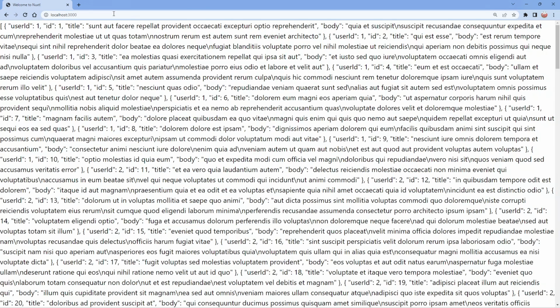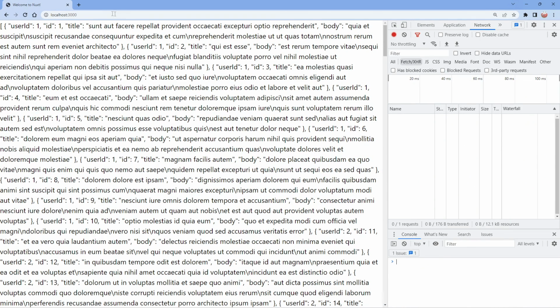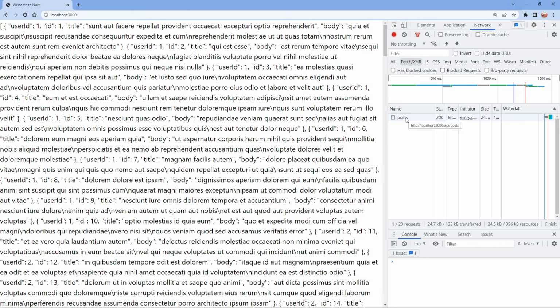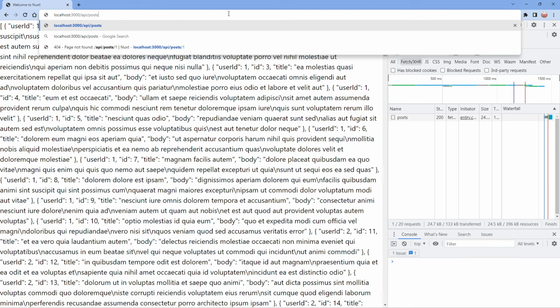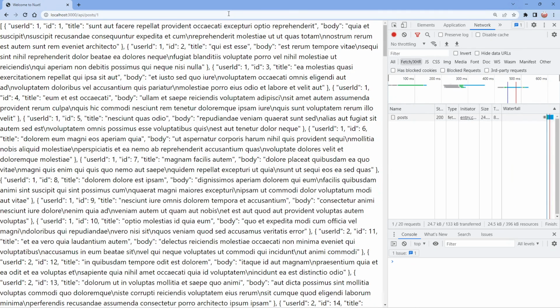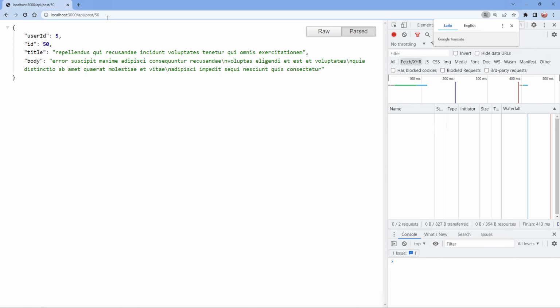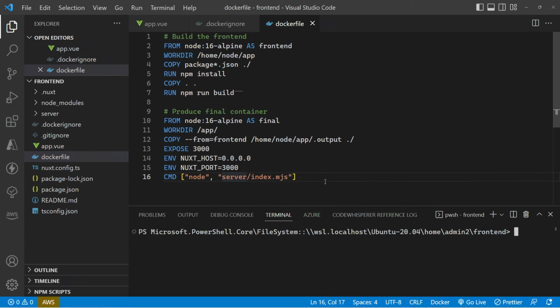So we run that up, and if I come back over to the browser and go to localhost 3000, then we can see that we get exactly the same result that we were getting before. And we can see a call to our API posts is actually working and giving us a 200 back. So again, we can directly call the API posts, or post 1, or post whatever number, and we get our post back. So that's it. That's your Nuxt3 application running inside a container with a couple of different options for how to